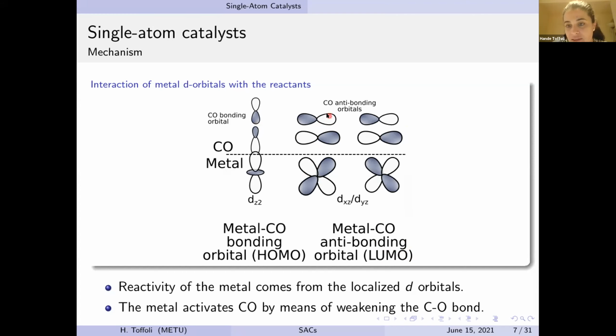Now, the objective here, in order to make use of the reactivity of the metal, the idea is to depopulate the bonding orbital and populate the anti-bonding orbital. So this is how. Of course, the real picture is much more complicated than this, but this provides an intuitive model regarding how the reactivity of the metal works. So the idea is to weaken the carbon monoxide bond. In our case, of course, this can be many other reactions, but in our case, to weaken the carbon monoxide bond in order to eventually break it.